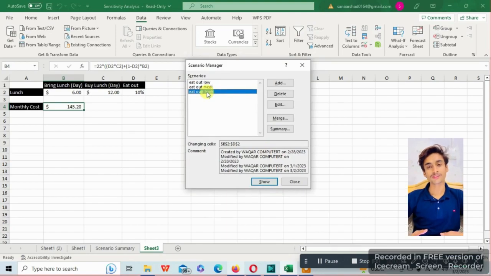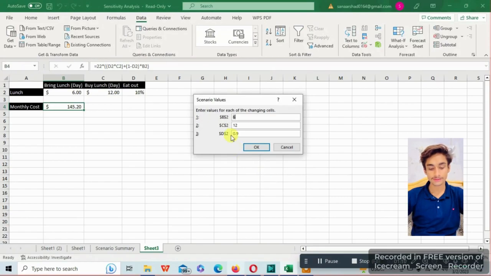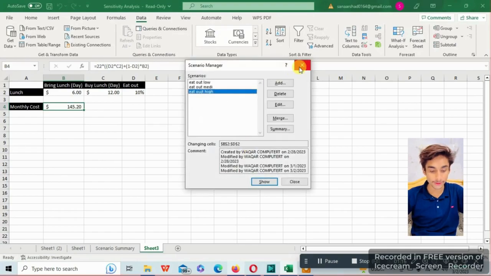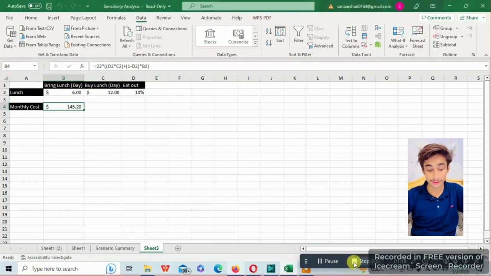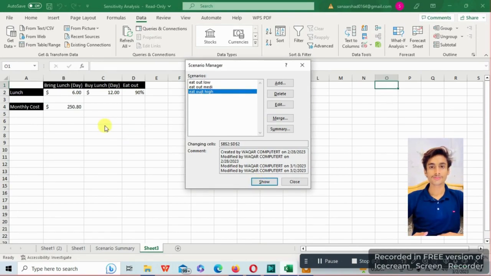Now let's go to eat out high and click on Edit. We can name the scenario eat out high, with changing cells B2 and D2. Click on OK. We get the value of 90% for each changing cell. Let's see. If we click on eat out high and then click on Show, we get the different monthly cost from the scenario manager. Here the eat out high monthly cost is $250,